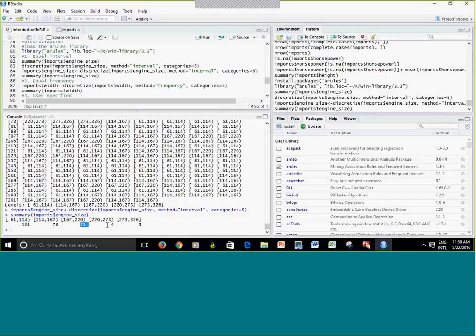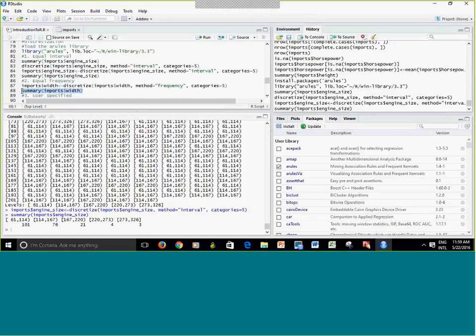It's an equal interval. Notice that right here in this interval I have only 3. Here I have only 4, right? Because it took the interval width. If I take the highest point minus the lowest point, the width of each interval is going to be approximately equal. It's not going to be quite equal, but approximately. On the other hand,